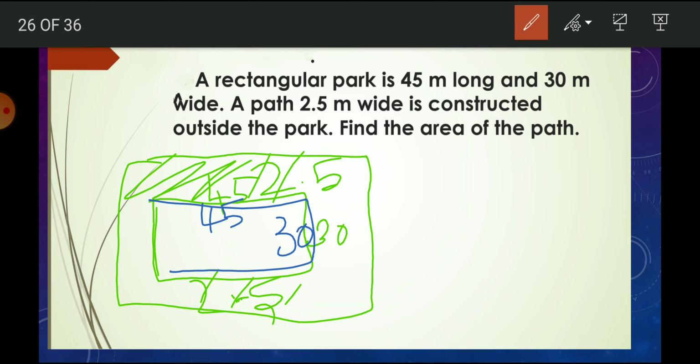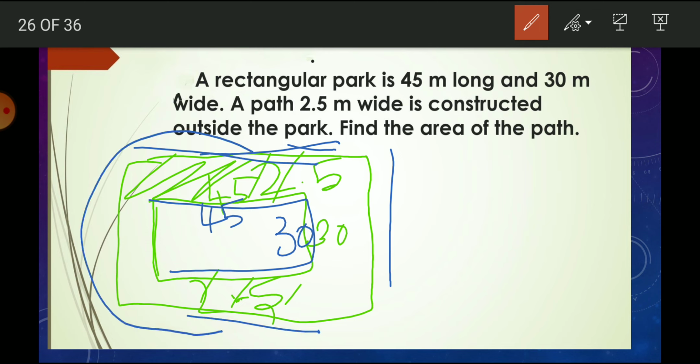So the length will be increased and the breadth also will be increased. By how much were they increased to make the path outside? 2.5. So here is 2.5 and here is 2.5, means we should add 2 times 2.5